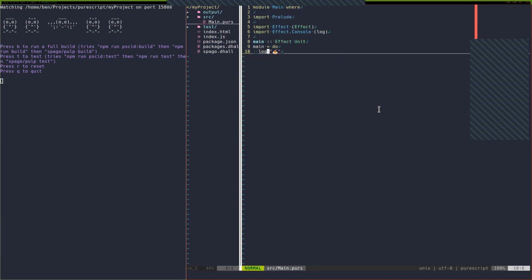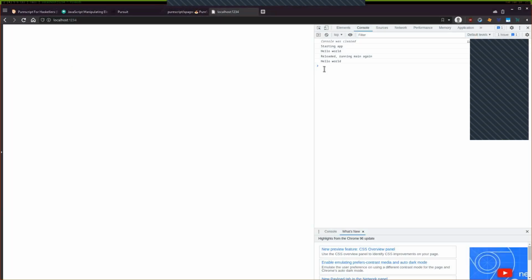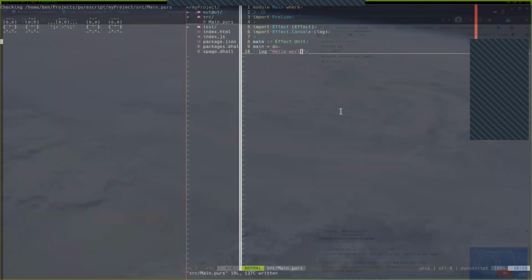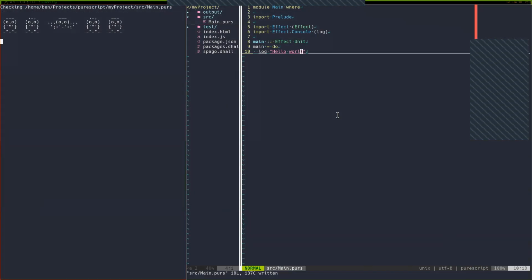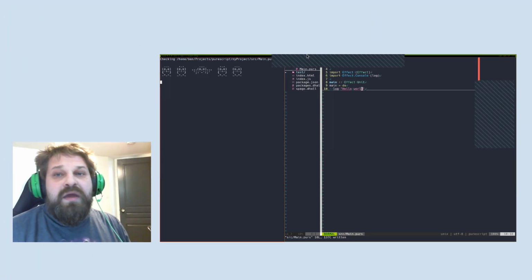So we can do that. We can say, all right, I don't want spaghetti anymore. I want hello world. So you can see that responded automatically, and I'm pretty sure our bundler would have reloaded. Let's go take a look. Yeah, now it says hello world. So that is how we get hot reloading in the browser from Purescript, which is just a tremendous way to get more productive when you're doing front-end work, I find.